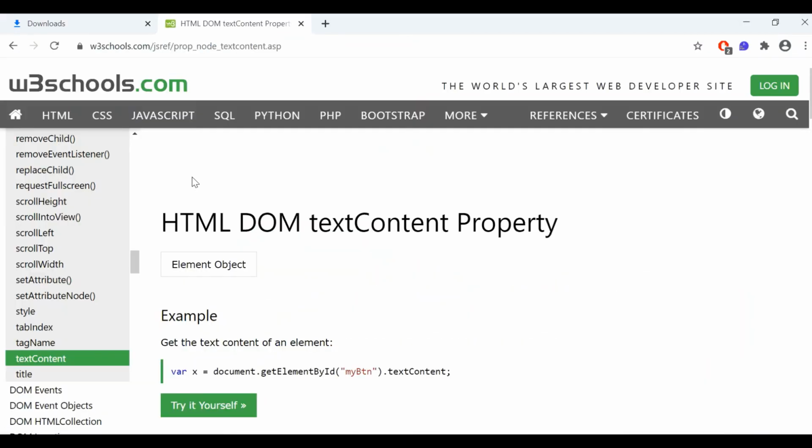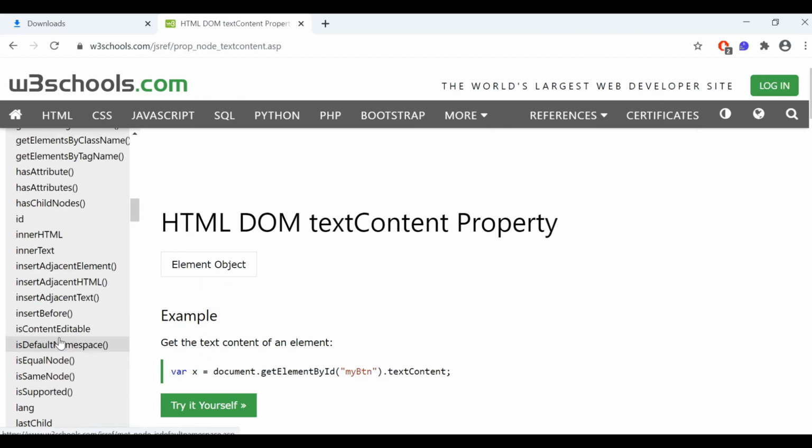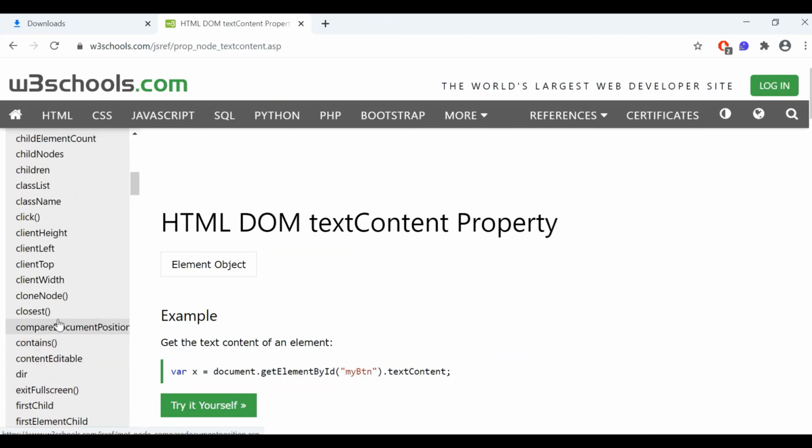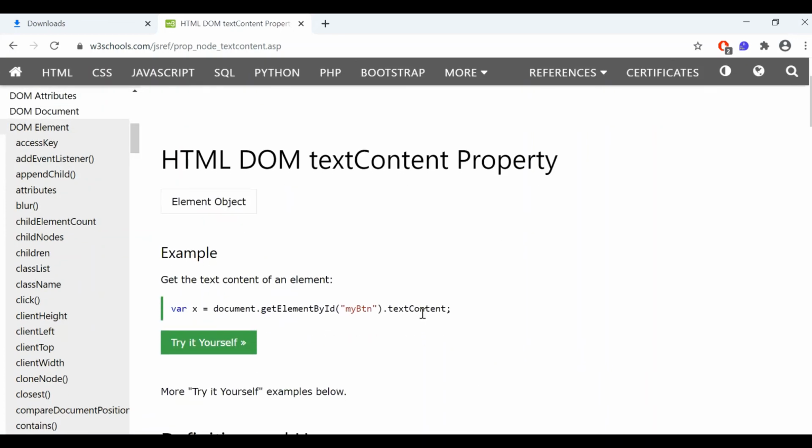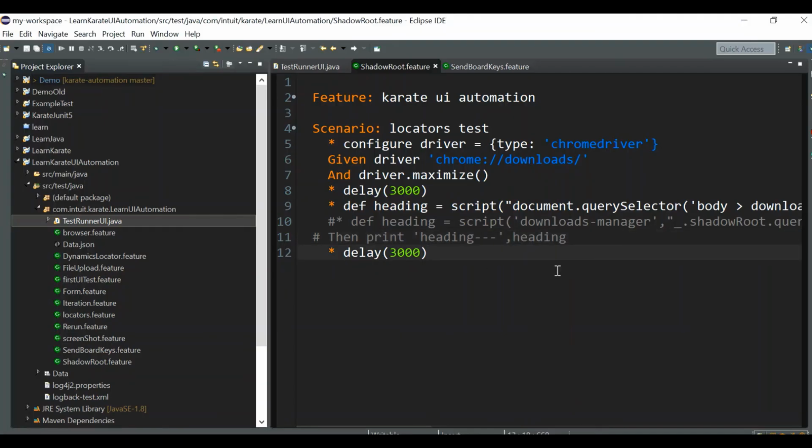Go to W3Schools, and you will see all the methods available: text content, tag name, attributes, contains, click, class name, everything. And this is the method we just used, text content. It's all about JS method concepts. So you can go through some of the JS methods, and then it would be very easy to handle with the script method in Karate UI.